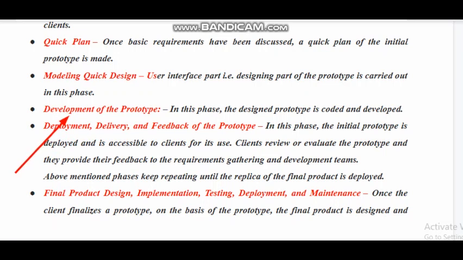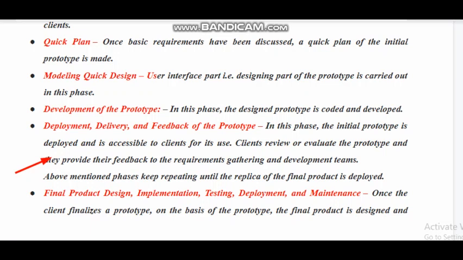In the first stage, we collect the requirements, we plan for the prototype, that is the model, then we make a quick design and then we write the code. After writing the code, we deploy the system and make that system ready to be delivered to the customer. The customer will evaluate the prototype and start using it for a few days, and depending on the information collected from the customer, the developers will develop a prototype and it is handed over to the customer. The customer will evaluate it and provide valuable feedback on the designed prototype.